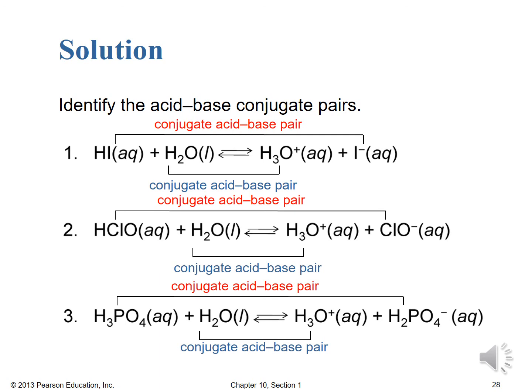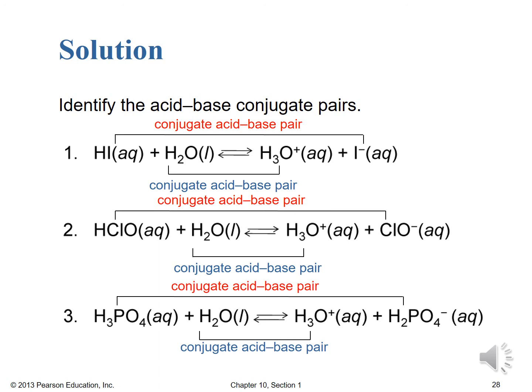Okay, so here we are. Hopefully you arrived at the same solution here, the conjugate acid-base pairs for that first reaction. The HI is the acid in the forward direction, and therefore the I- is the conjugate base. The H2O is the base in the forward direction, so the H3O+ is therefore the conjugate acid. For the second reaction, we have HClO is the acid in the forward direction, which means the ClO- ion is its conjugate base. The H2O again is the base in the forward direction, so therefore H3O+ again is its conjugate